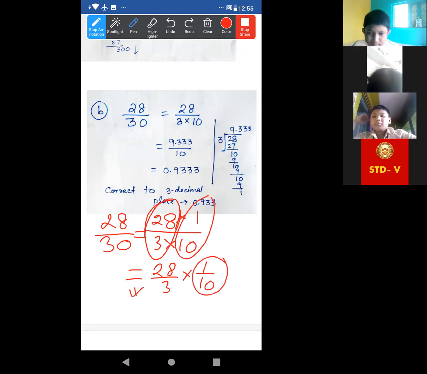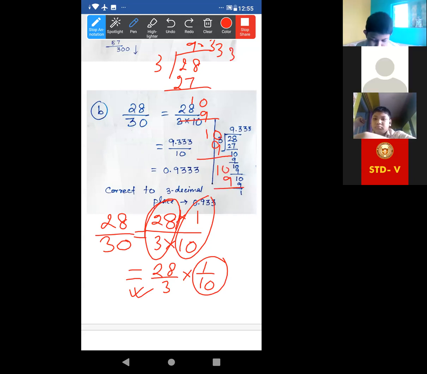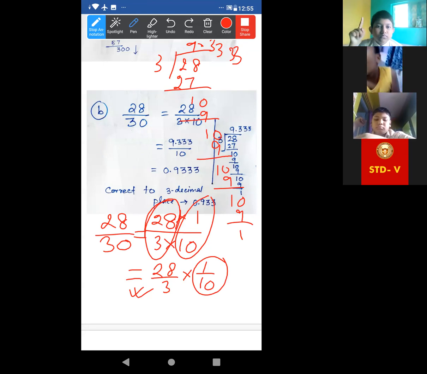This one, do the division. Just do this division. Look, I have done 28 by 3. 3 9s are 27. Just do it. 1 will come, by putting this decimal, 0. 3 3s are 9. Again 1 will come, 0. 3 3s are 9. Again 1 will come, 0. 3 3s are 9. No need to do this. Up to this, clear to all of you?